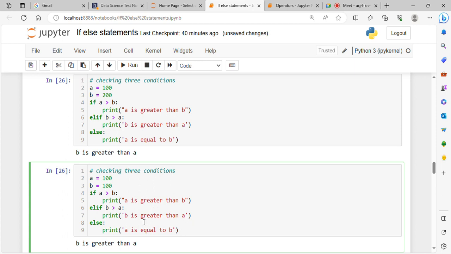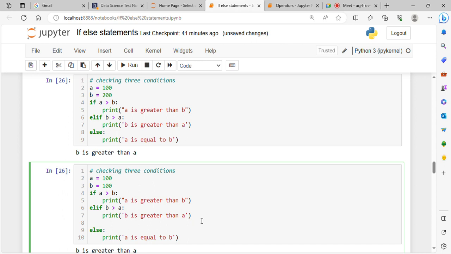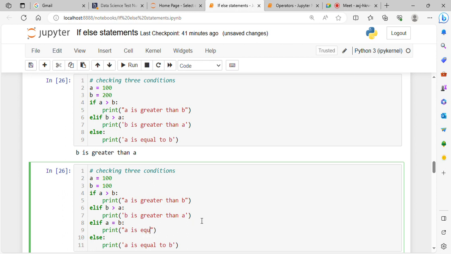A is greater than B, B is greater than A. Here again I enter one more condition, elif A equals to B, print A is equal to B, and